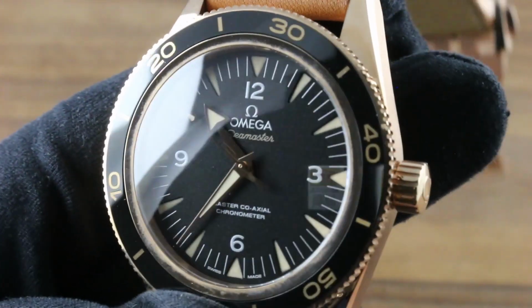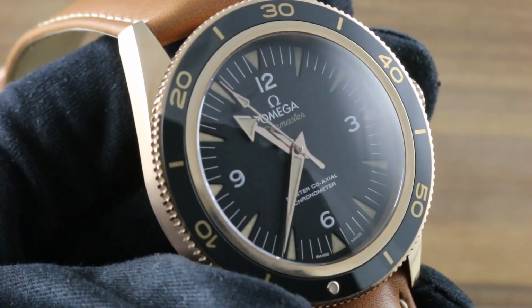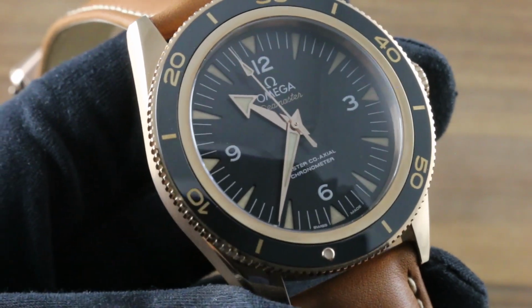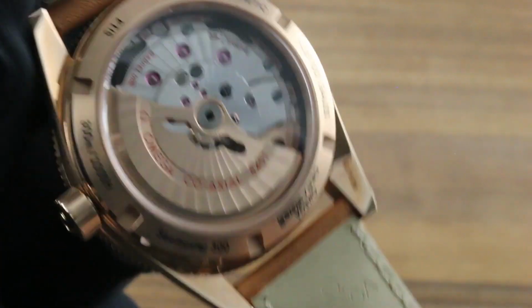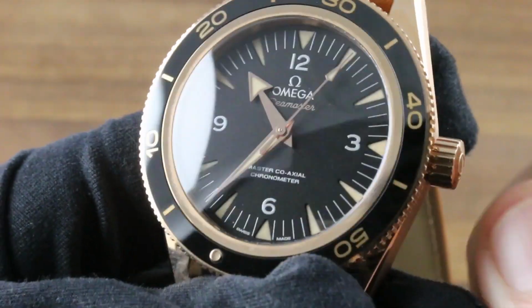Today I'm going to guide you through the proper usage and care of your Omega Seamaster 300 Master Co-Axial. This is a timepiece that is automatic winding by case-back winding rotor. Nevertheless, should it run down or should you wish to energize the timepiece manually, you can do so by taking